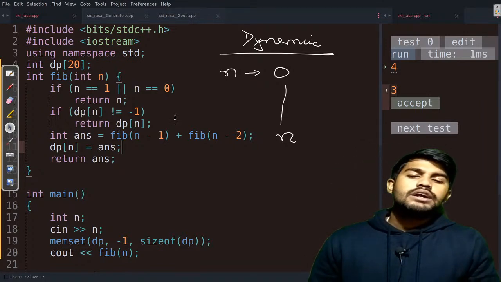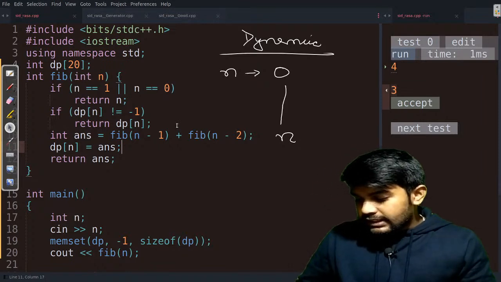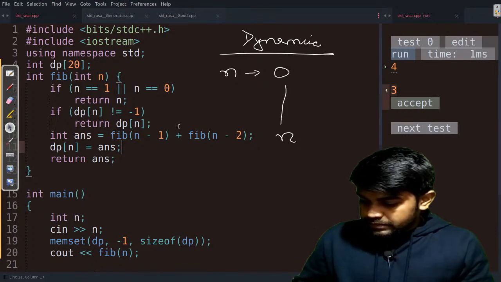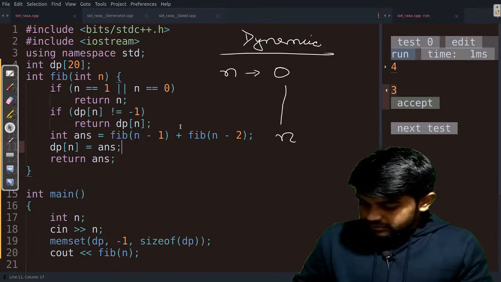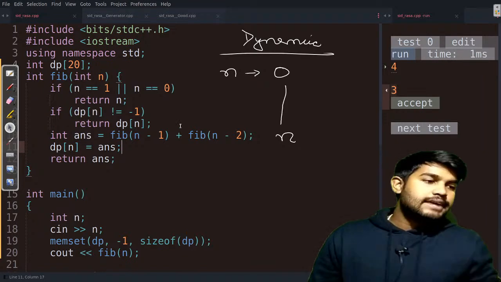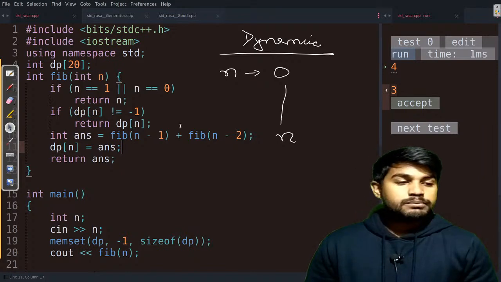Okay. Now for the people, Muskan Dhawan, can you just tell me if this thing is clear or not? Just quickly tell me if this thing is clear or not so that I can move forward. So can I have at least 1 or 2 yes or no so that I can move forward?